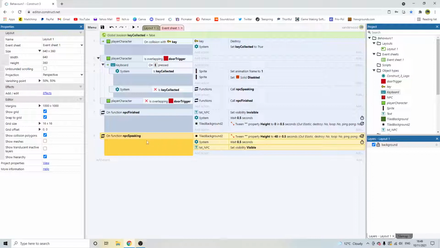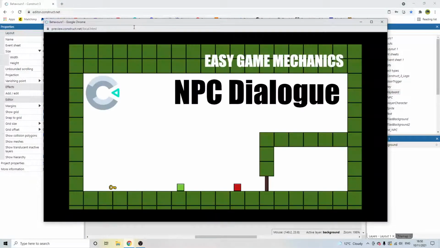When we are speaking, if we're calling this function, the tile background is going to tween up into an elastic out tween. Wait 0.5 seconds, set the NPC text visible to true. On finish, we're going to reverse that, set it invisible, wait 0.5 seconds, and then close the box. And then what that looks like is